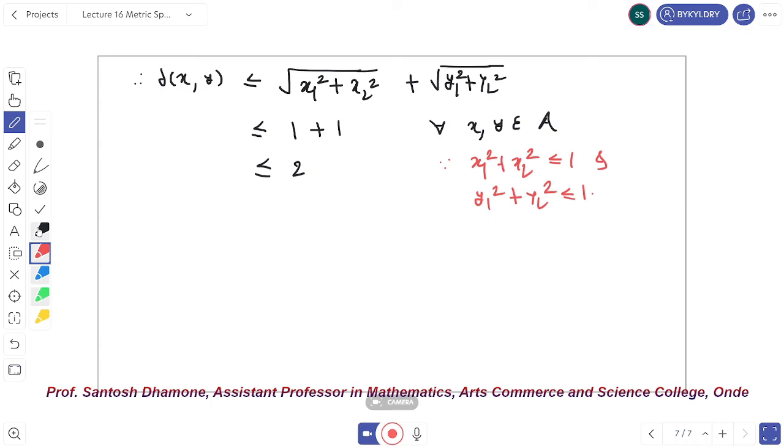Theorem: Let (X, d) be a metric space. Let x and y belong to X, x not equal to y,